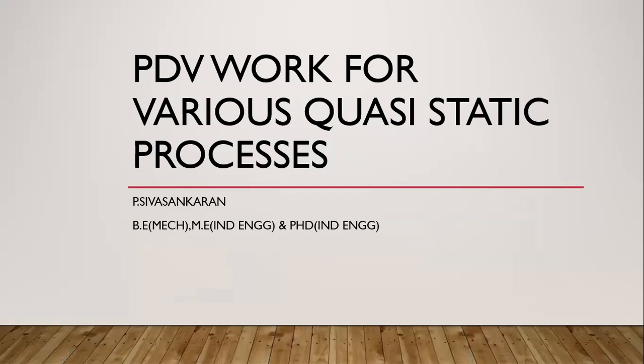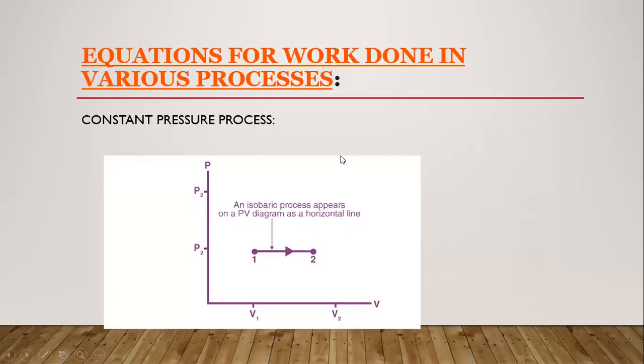In today's class, we are going to see the different types of work done equation for various quasi-static processes in engineering thermodynamics. In the previous class, we saw the displacement work done equation. Then we saw state function and path function. In continuation with that, today we are going to derive various equations for different quasi-static processes in engineering